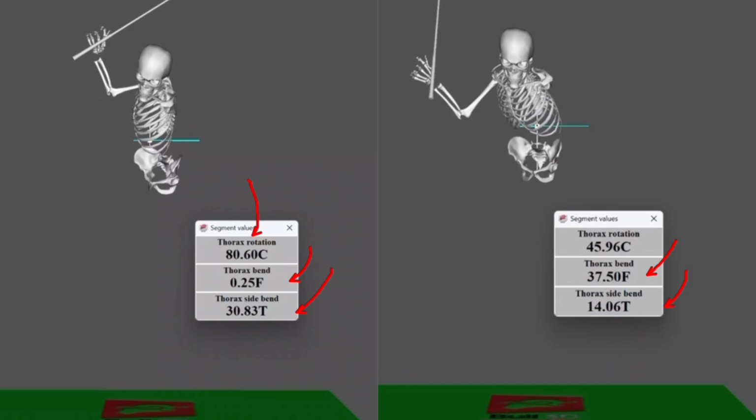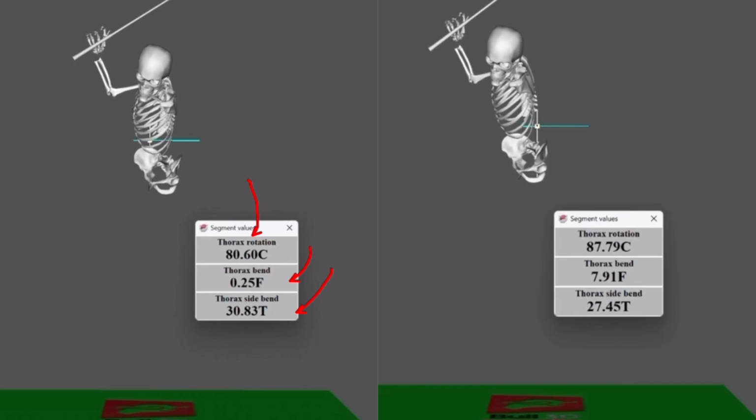And this really is it in the side bend number. And there's other things in there as well. But one of those things that we would have checked very early on was the club face, which was absolutely fine. It was functional. But when we looked at this move here, definitely creating a little bit more forward bend, so the chest more down towards the ground, less high in the trail side, so that thorax side bend number,